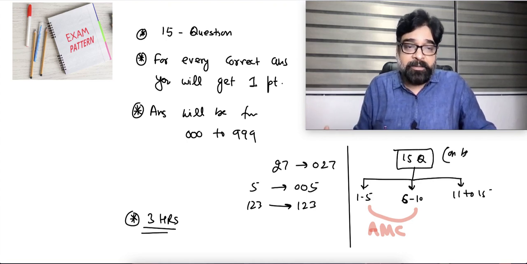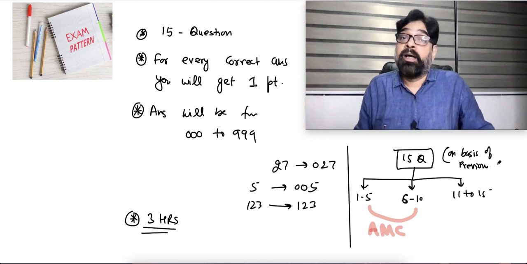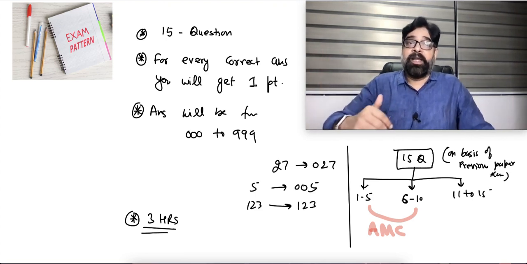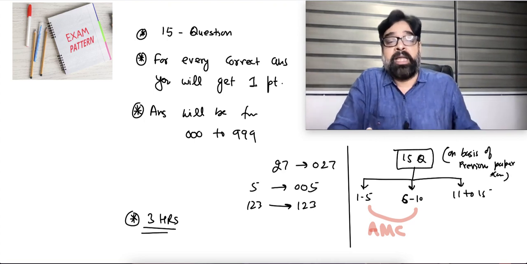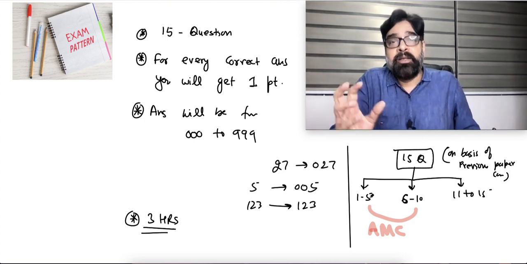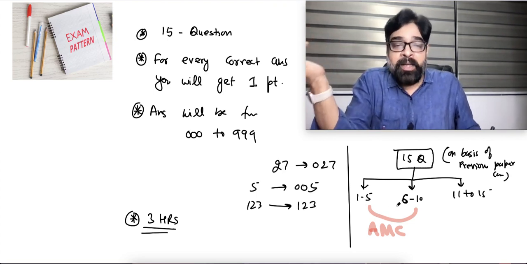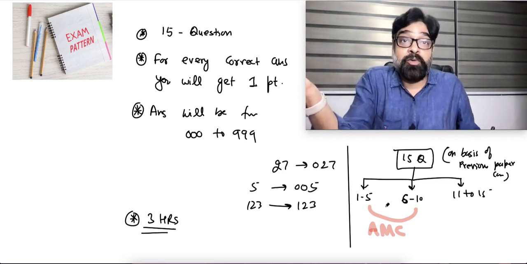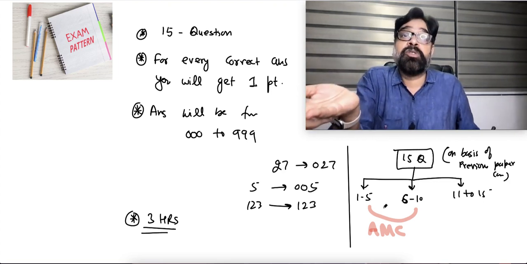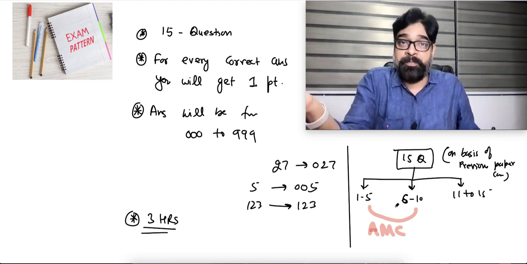This is on the basis of the previous year pattern. There is no written condition given in their catalogs. From the last 10 to 12 years of papers that I have seen, I came to the conclusion that generally the first 5 questions will be easy. In fact, I saw one question, a logarithmic question, that was a one-step question, basically an oral kind of question. But I'm not saying it will be that level every time.